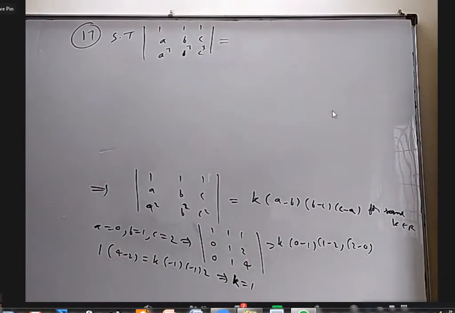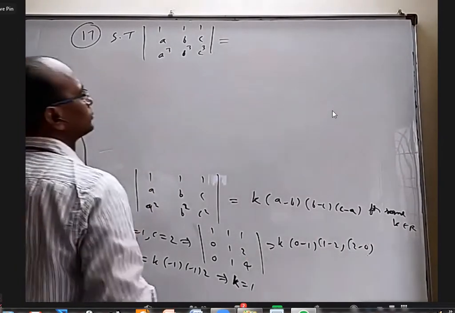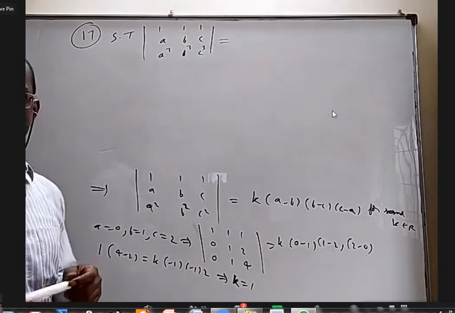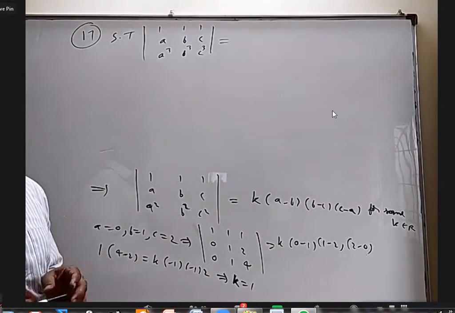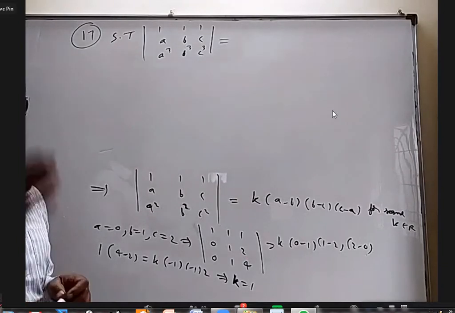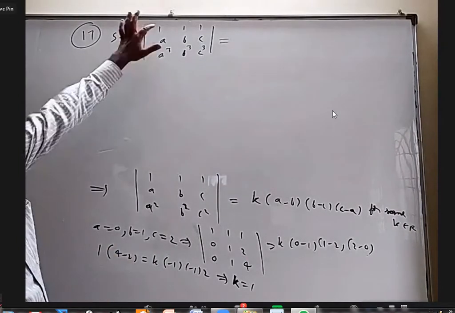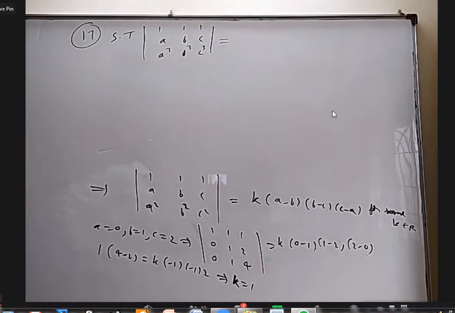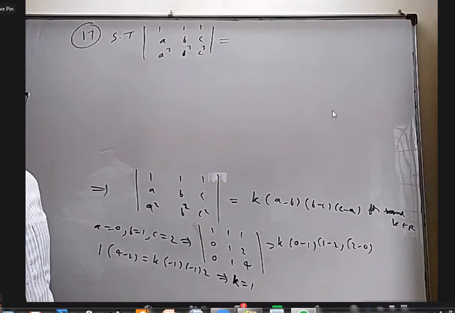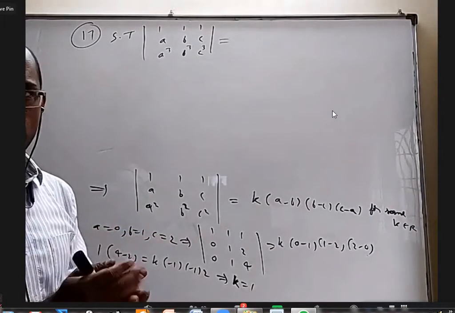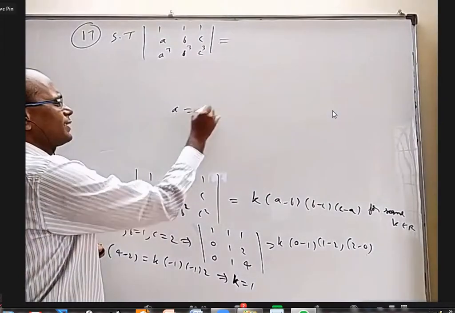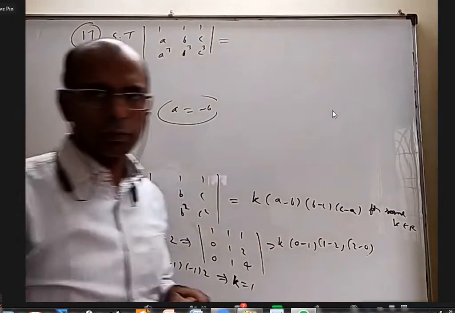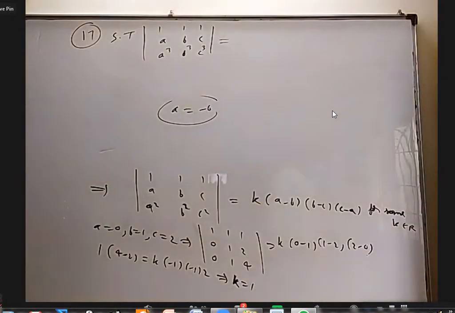Sir, (a square minus b square) minus (c square minus a square). Rupesh, that is 6th degree, right? What are you telling? But here, when you take this into this minus this into this, it is 4th degree only. That is one thing. Second thing is a equal to b is a factor we know. If you put a equal to minus b, there is no guarantee that these two columns will be the same. That will be 0, right? So we cannot say a plus b is a factor.